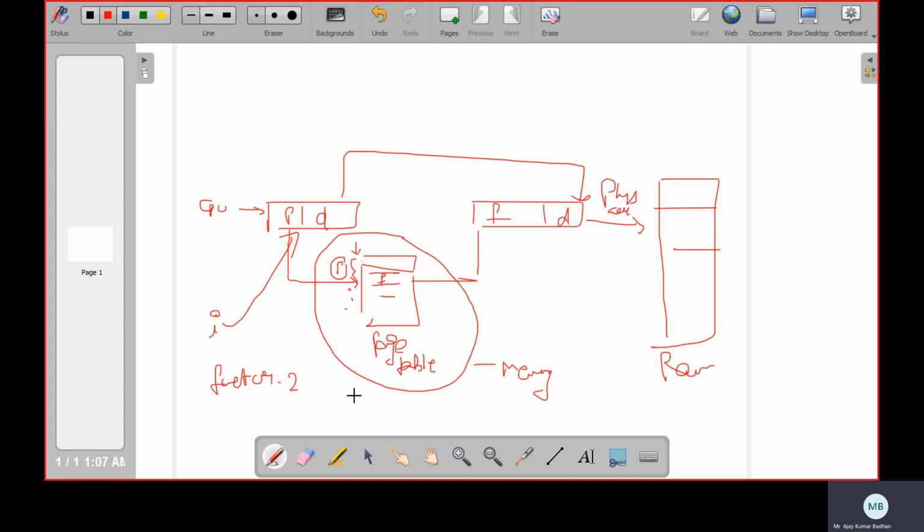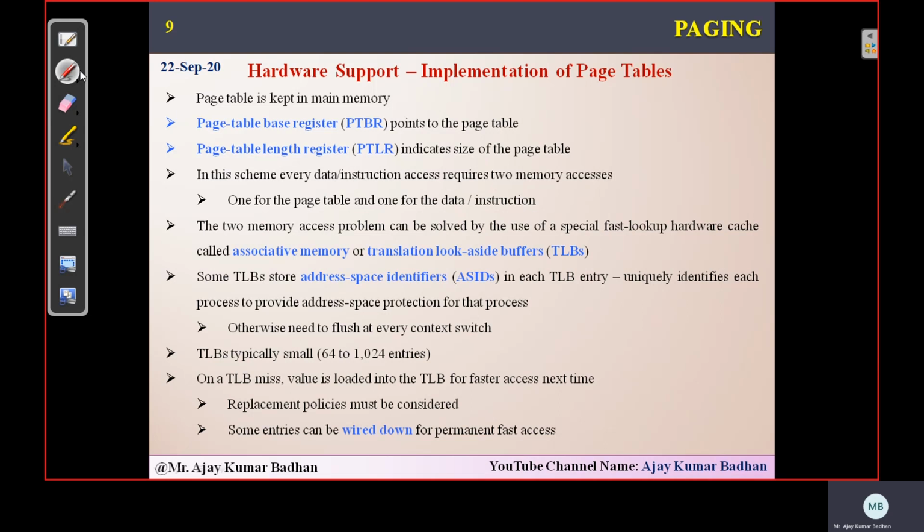How? First it has to access the page table. Let us suppose 1 second it takes to access this. Now after getting the frame number from the page table, it has to perform some operation. Let us suppose this takes 1 second to get the physical address. So the memory access, that is, the RAM access, is getting delayed by 2 seconds. By a factor of 2, your memory access is delayed when you use the concept called PTBR. That is the problem that exists.